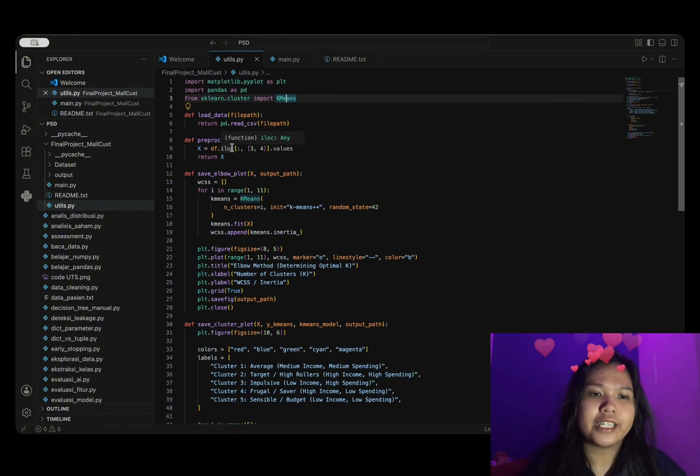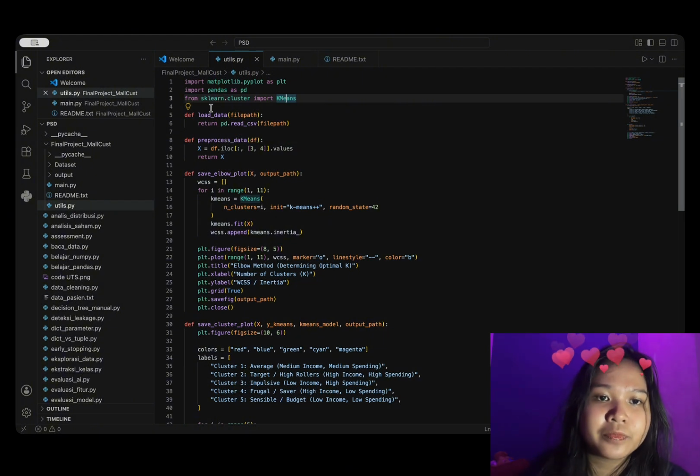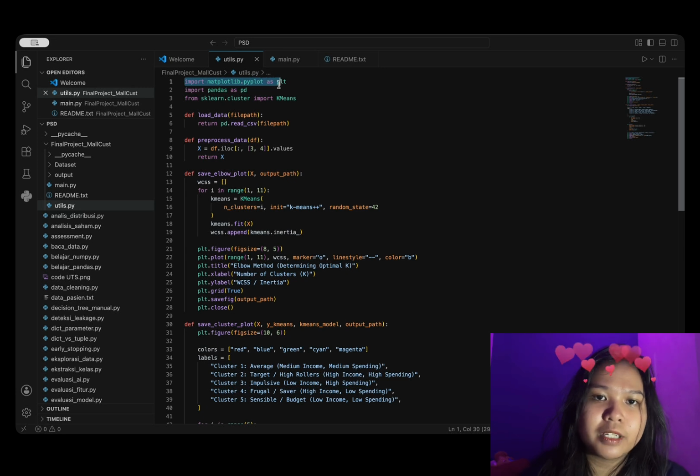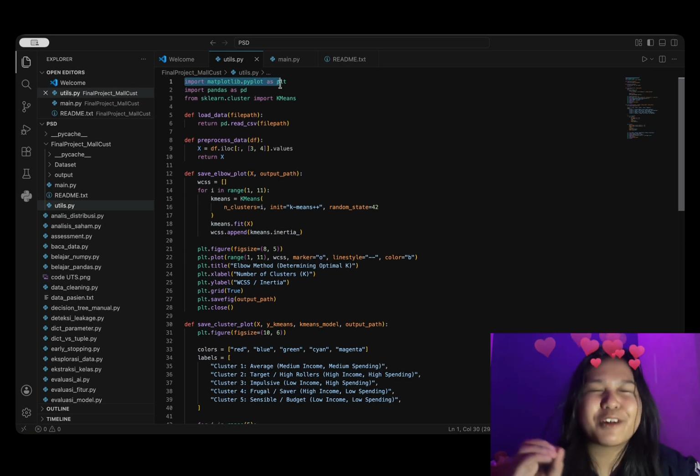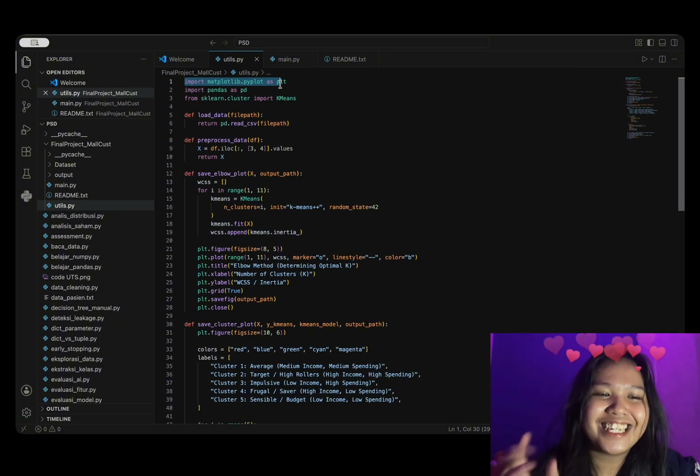This file serves as our helper module. It contains utility functions, like a toolkit, that execute whenever they are called by main.py. So let me explain. First, we import matplotlib to generate visualizations and graphs.